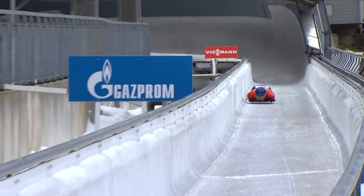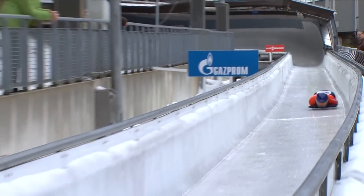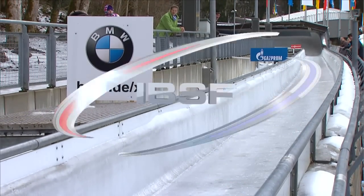You see her coming out of S4. She touches the wall there. She's let it run out of S4 a little bit too much maybe, but she gets it across to take that tap on the left side. You want to take that tap, which is going to set you up for the bottom part of the bend